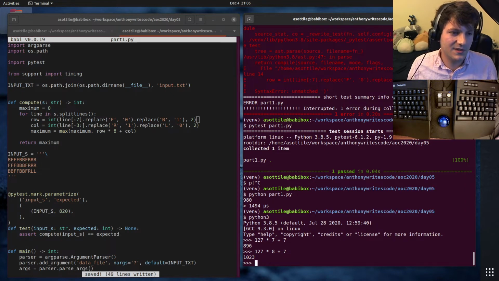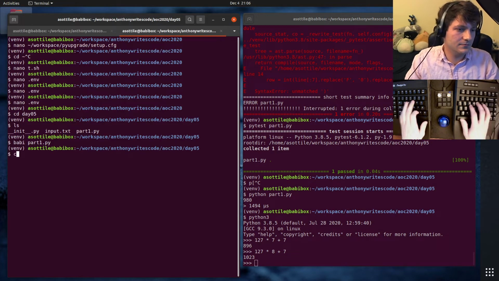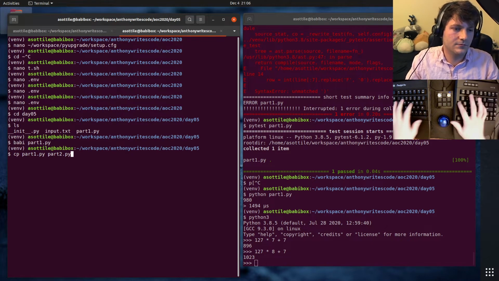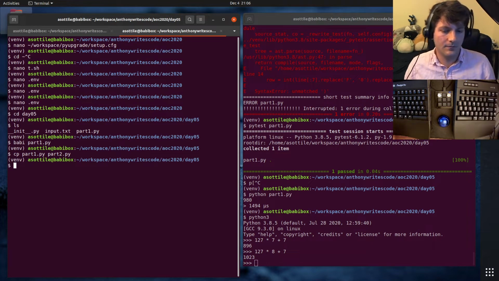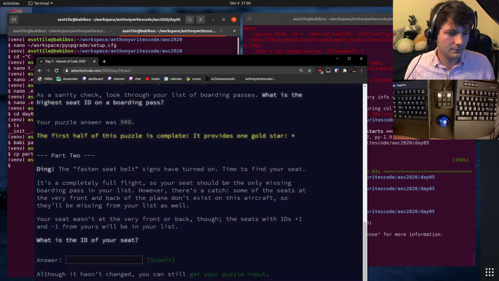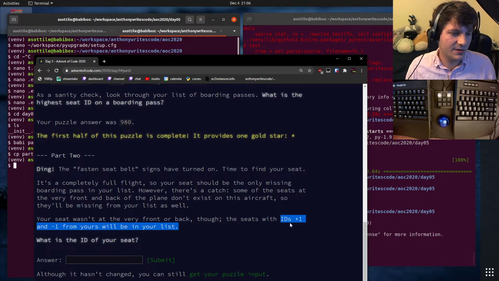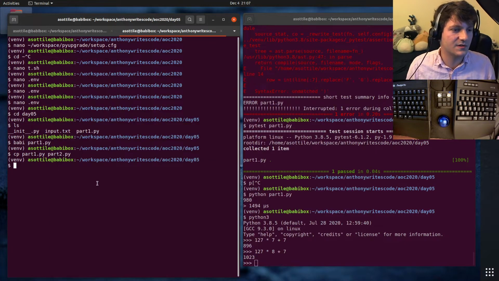So we could just find all the ones that are missing? And then the seats with IDs plus and minus 1 from yours will be in the list. So we need to find a seat that has no adjacent numbers.